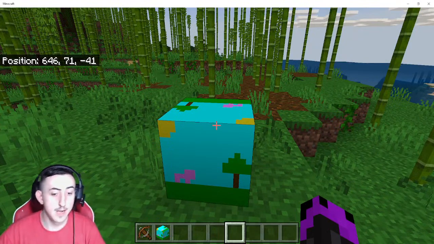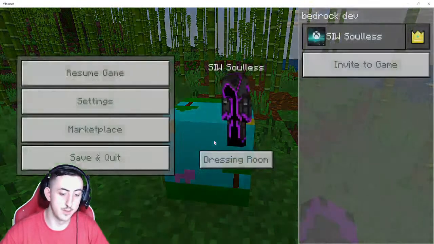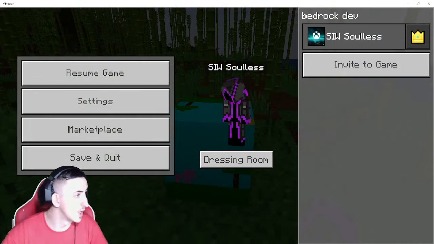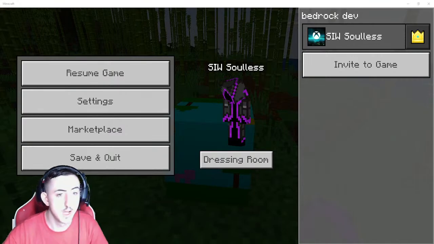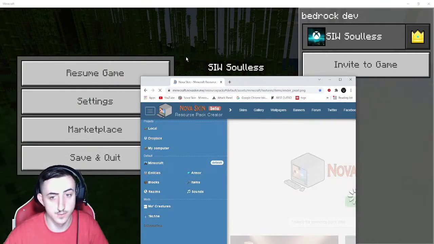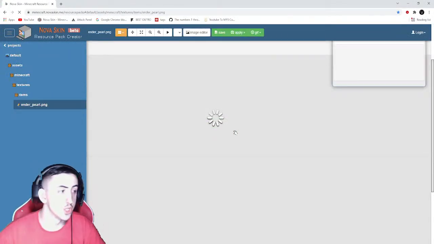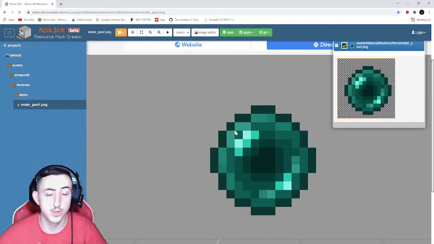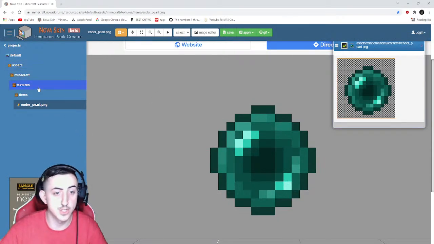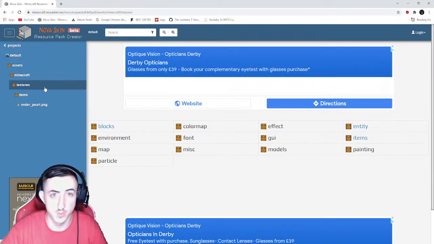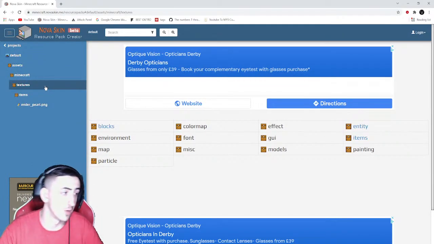our block. Now, there's this really cool website, which is called Novaskin. If I just show you guys Novaskin right now and just pull that on, you can actually get textures off of here. They are PNG textures. You can also edit certain textures as well. So if you want to make a texture, it's completely free as well. It's a website, hence why I'm showing this way instead of showing Photoshop, because Photoshop not everyone can afford,